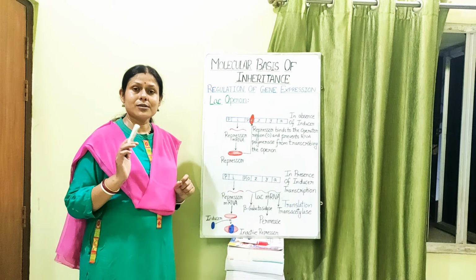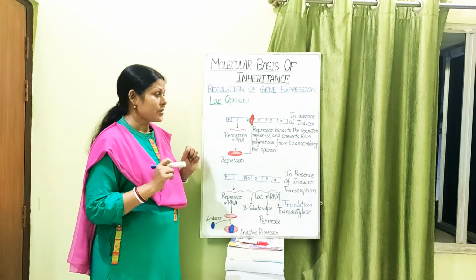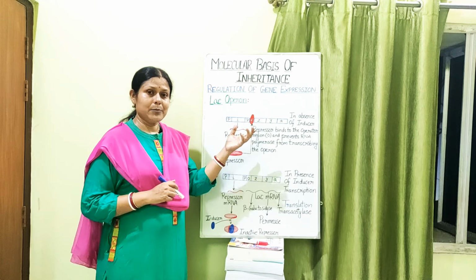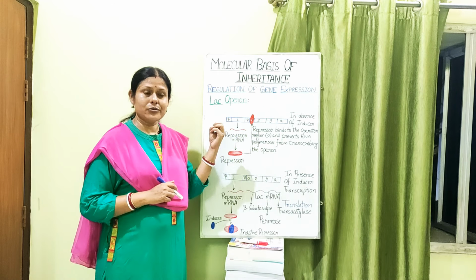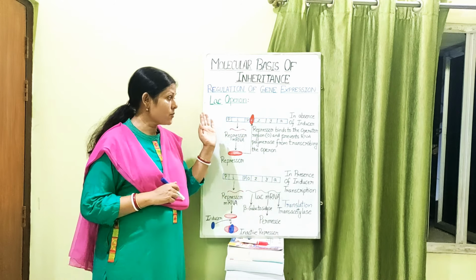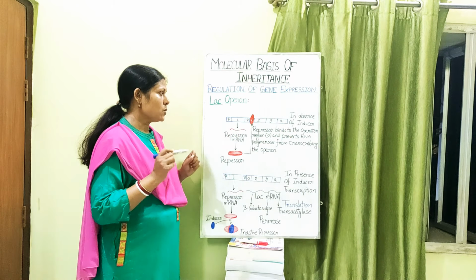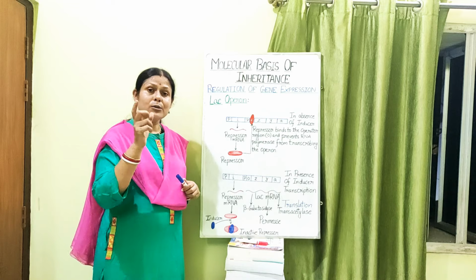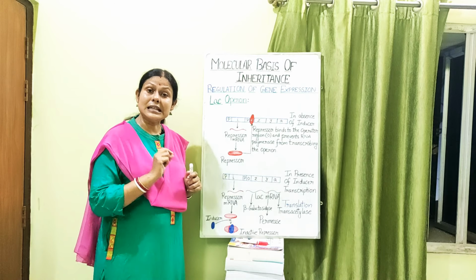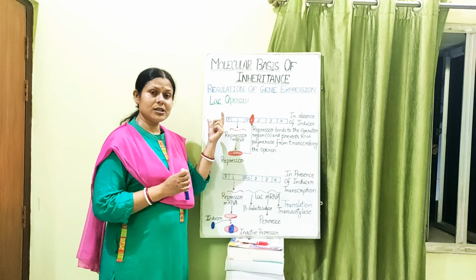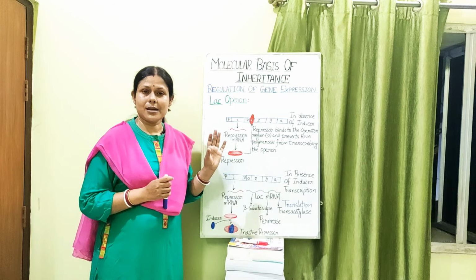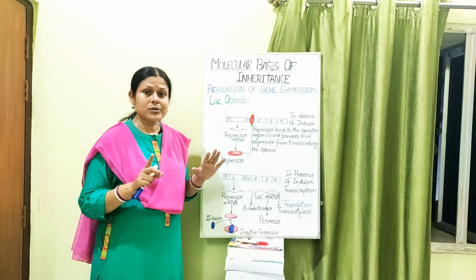So when there is no lactose in the medium, to prevent the RNA polymerase from coming and binding with the promoter region, there is another very small region next to the promoter, called the operator region, from where the transcription process will start. Prior to the promoter, there is a regulatory gene called I. Here I does not mean inducer, I means inhibitor. This regulatory gene will produce an mRNA called the repressor mRNA when lactose is not in the medium.